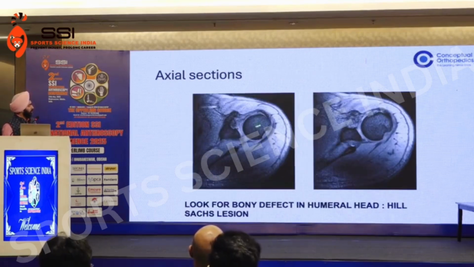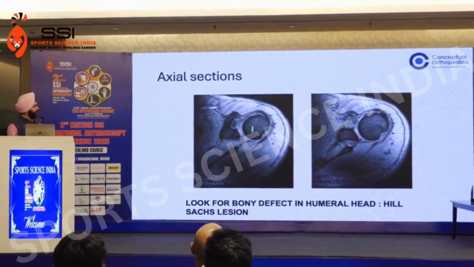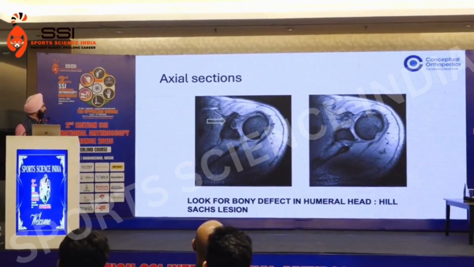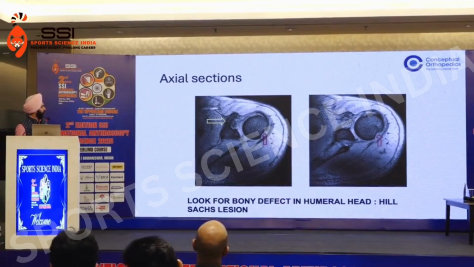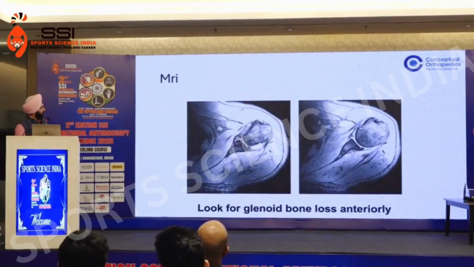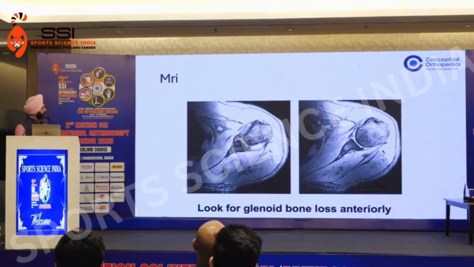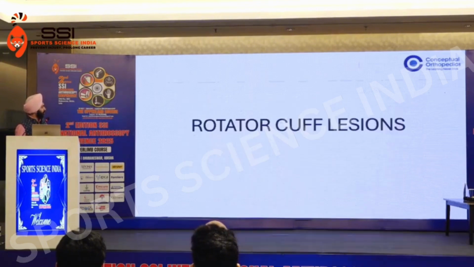This is how a Hill-Sachs would look at the level of the coracoid, with a posterior indentation in the humeral head. Okay. So anteriorly, this is a bony Bankart's here. Because the biceps is here, this is the anterior part, so there is an anterior labral tear along with some bone loss. The anterior labrum is avulsed from your glenoid.